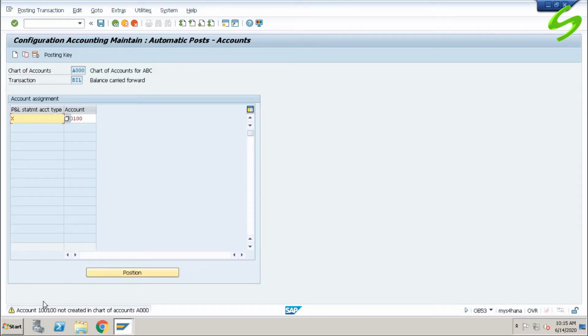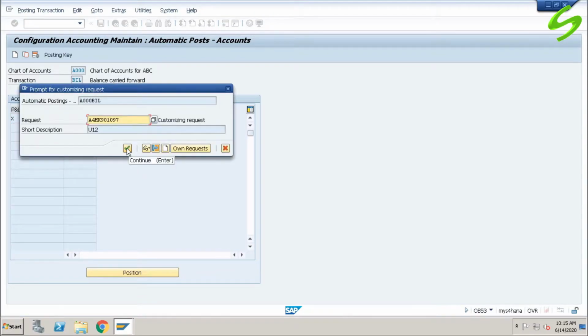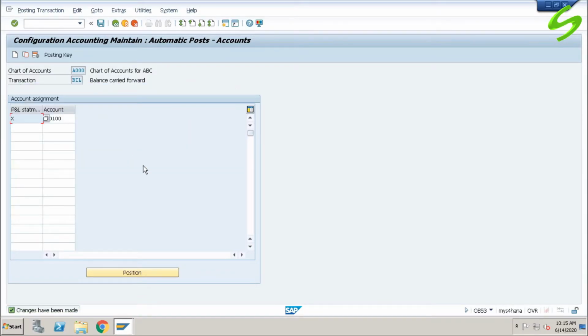It gives a warning message saying account 100 not created in the chart of accounts level. Since it is just a warning message, you can go ahead and save the settings. Save the transport request. Now we have defined the retained earnings account. Let's go back to